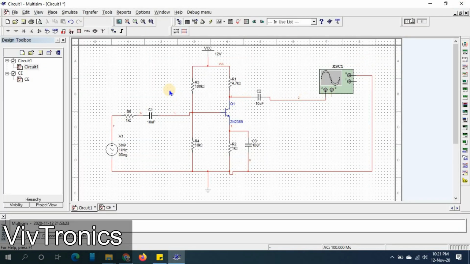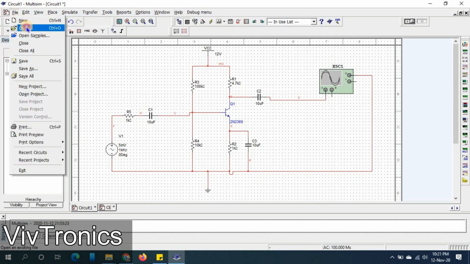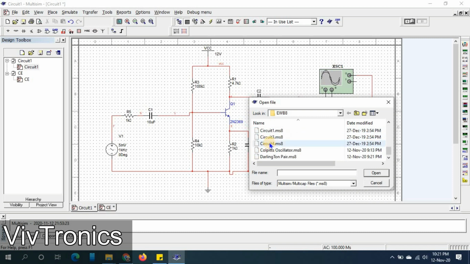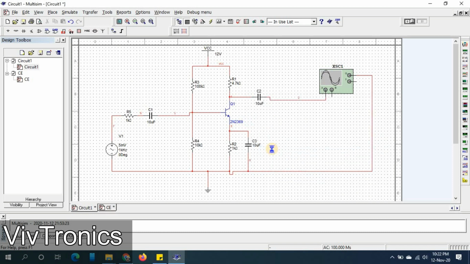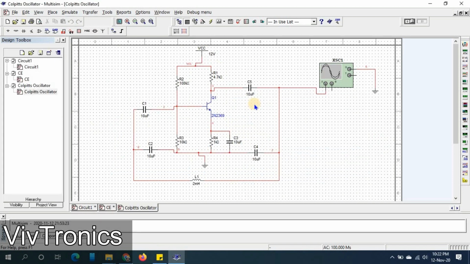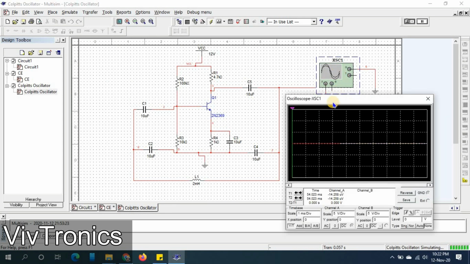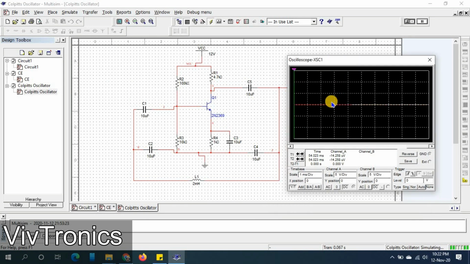So if you are working with oscillators, I will show you one oscillator, a Colpitts oscillator, ready with me. Here it is open. For this type of oscillator circuit, after constructing the circuit, we just need to turn on the simulation switch, double click on the oscilloscope and wait for some time.